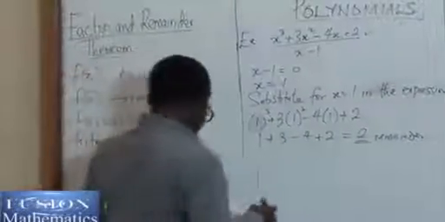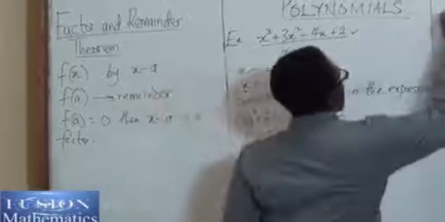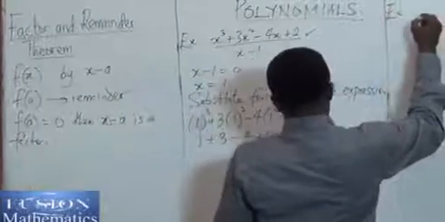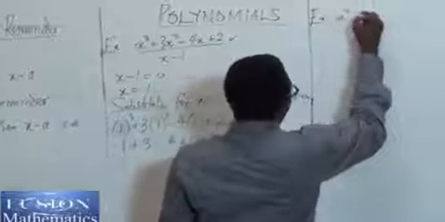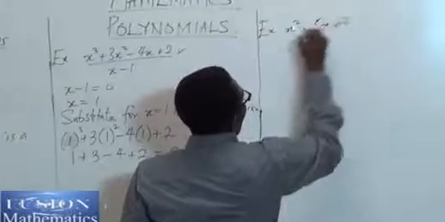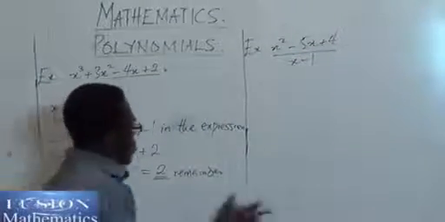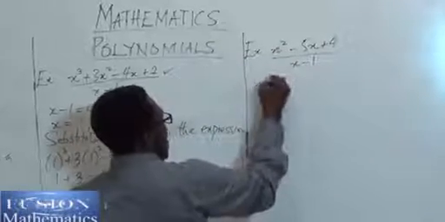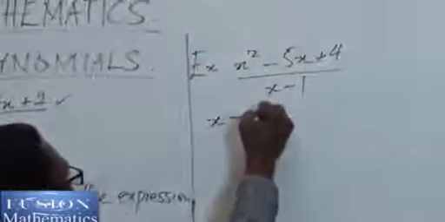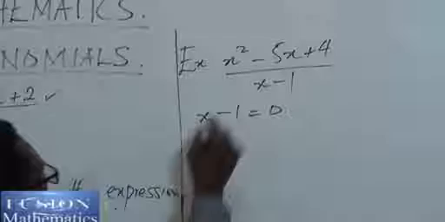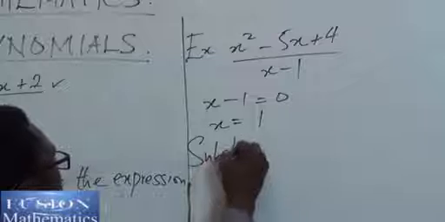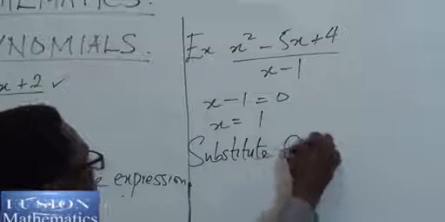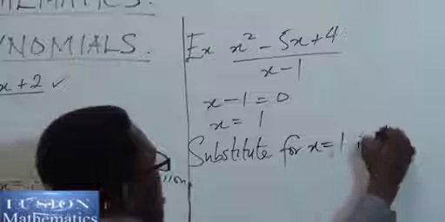But if we have another example, for instance, we have x squared minus 5x plus 4 divided by x minus 1. We do the same thing, that is, we equate the divisor, the one we are going to divide by, equal to 0. So that will be x minus 1 equal to 0. So we make x the subject of the formula, x equals 1. Then we substitute for x equal to 1 in the expression